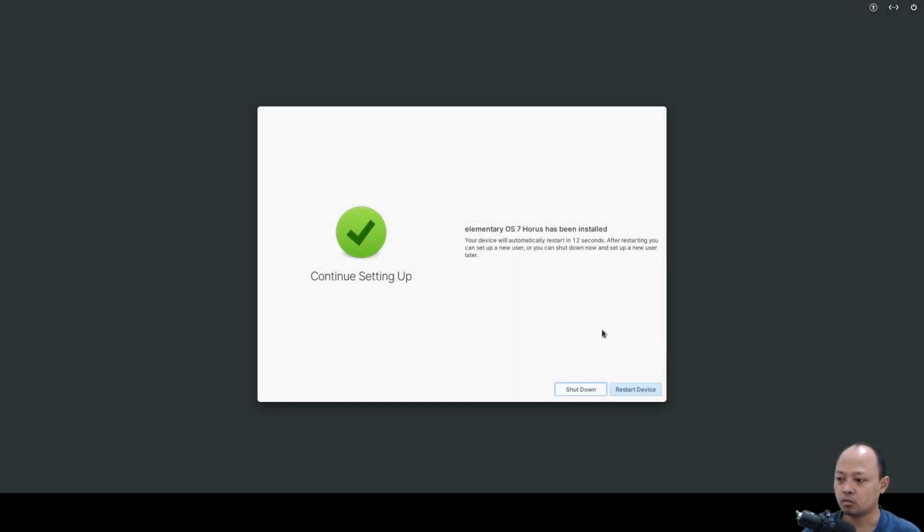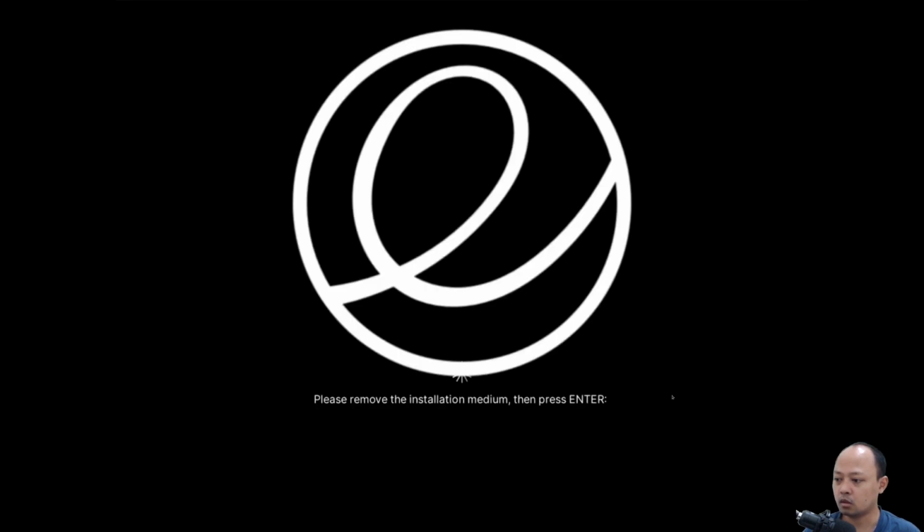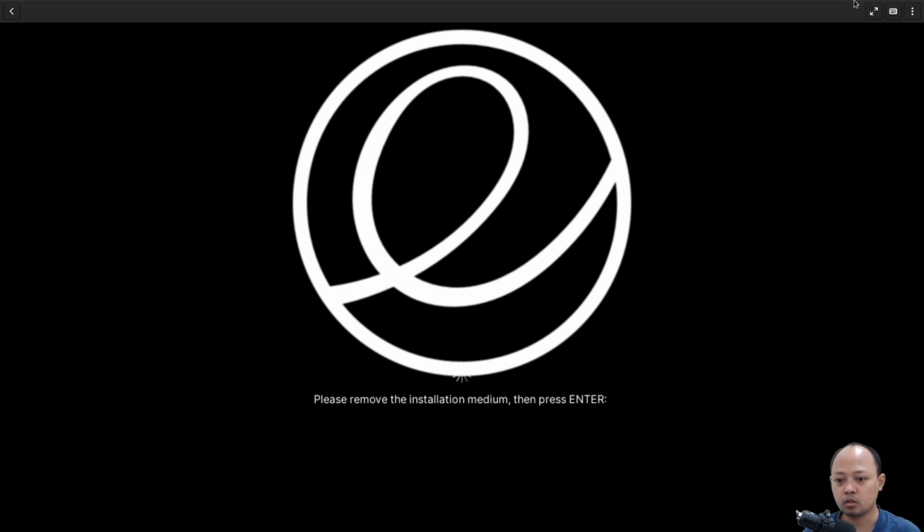The installation process is finished. To continue to the next step, I will click the button on the bottom right, and then I need to remove the ISO image because I'm using GNOME Boxes.